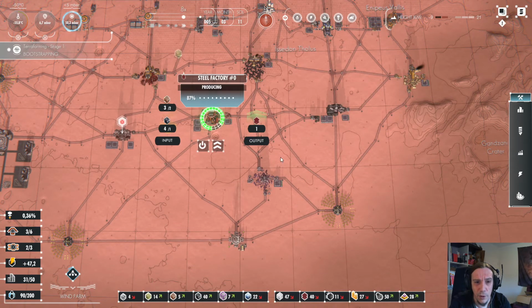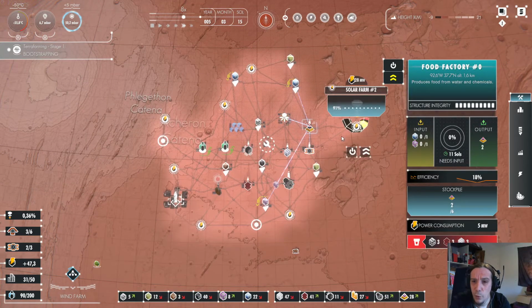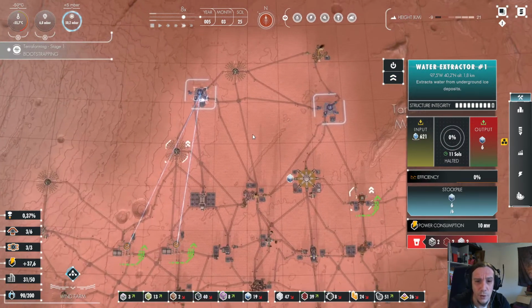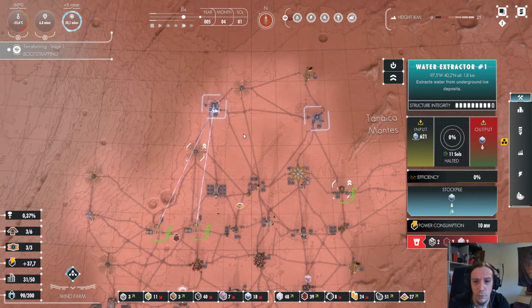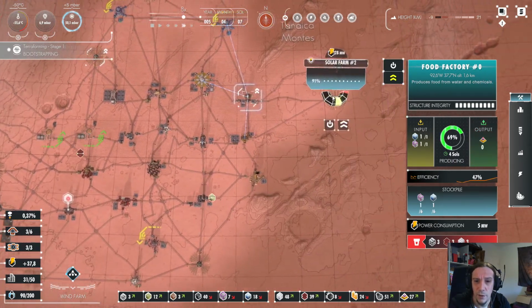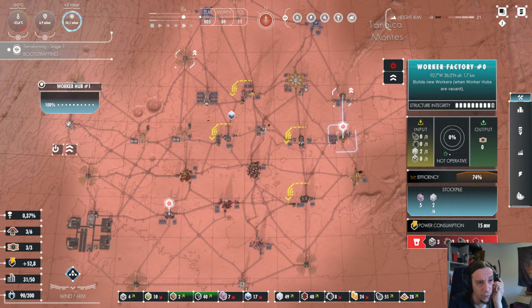The food factory is by far the most important building right now. So I'm going to prioritize these guys. Because I can't allow that my food stockpiles drop to a too low point. This one is halted. Why is the water extractor halted? Because their stockpiles are full. That's why. Okay, so I don't need the worker factory online right now,